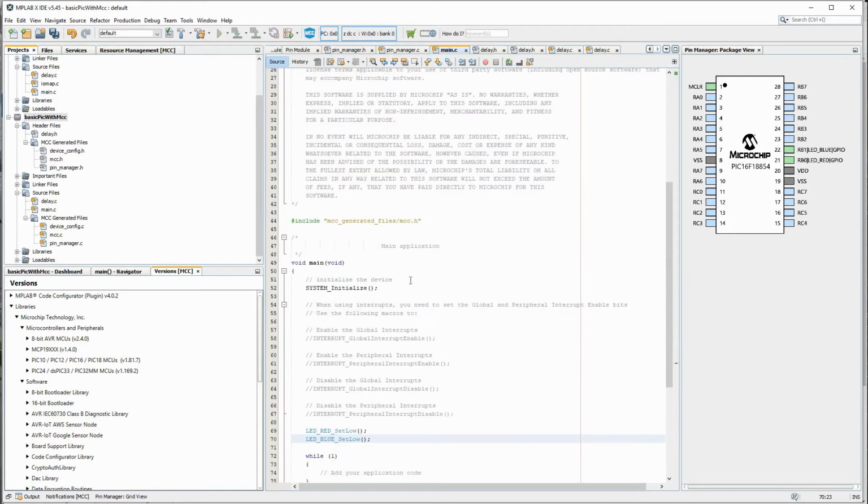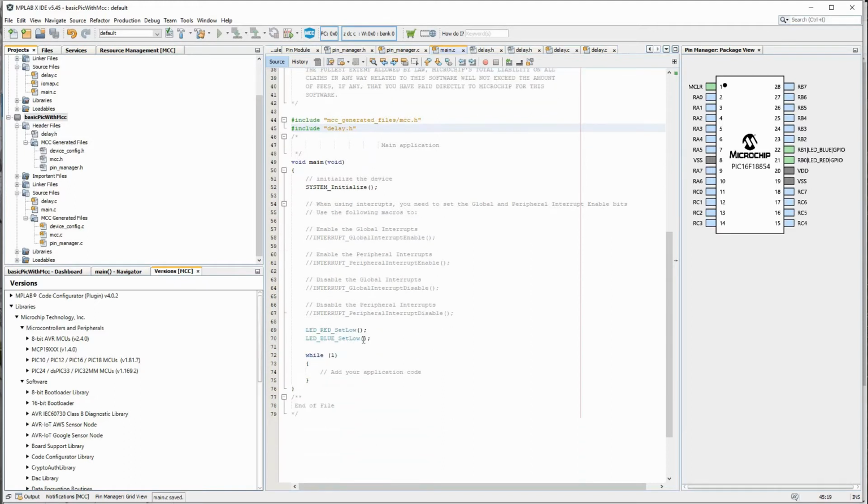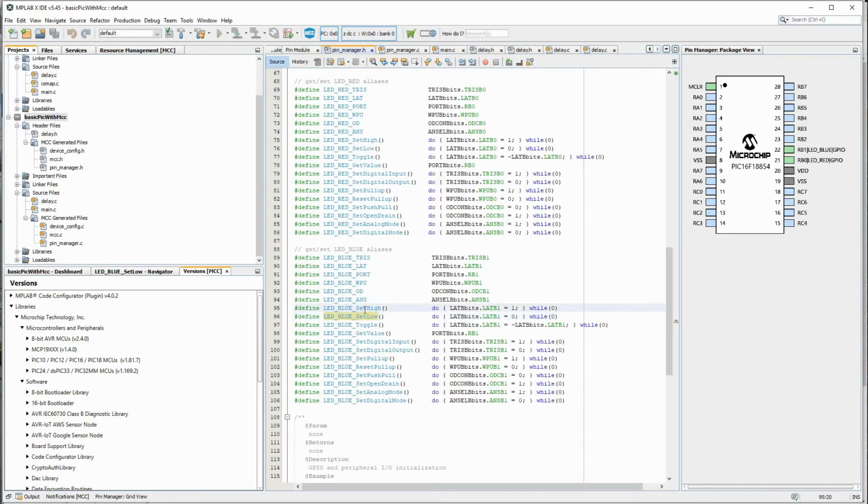Then here I have to call hash include delay.h, so that I can use the delay, and pin manager.h. So I can go set high, delay, set low, or there is a toggle button. What toggle will do here is whatever the previous state, it will just invert it.